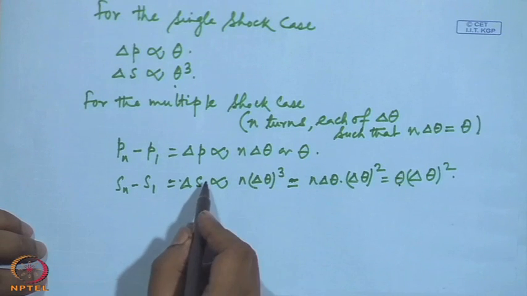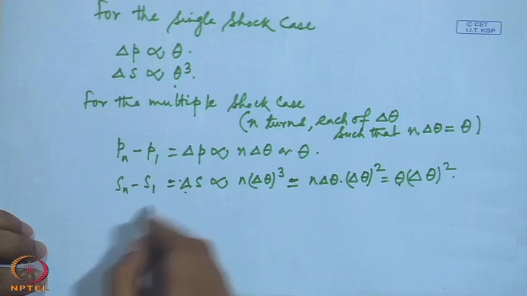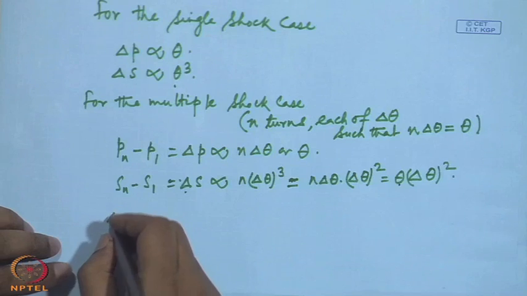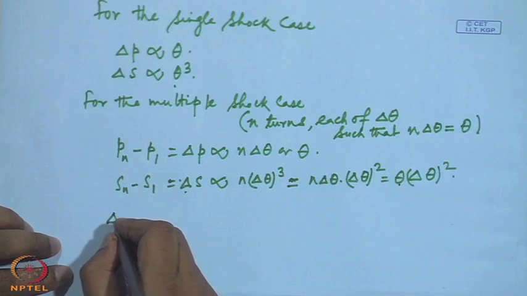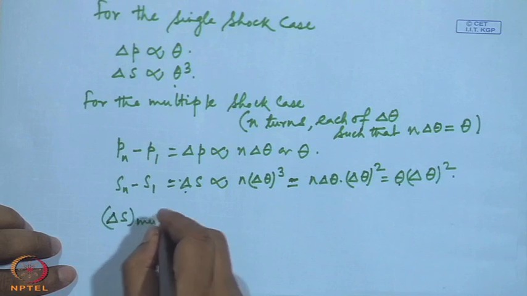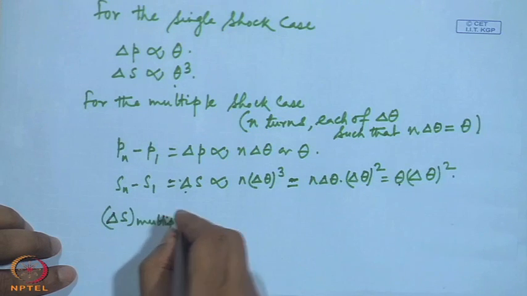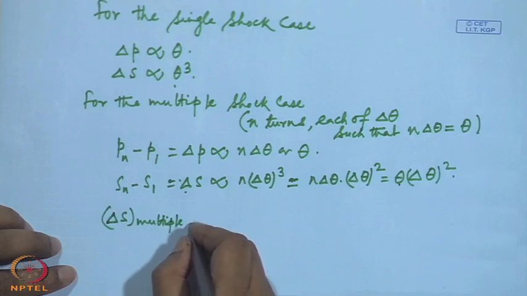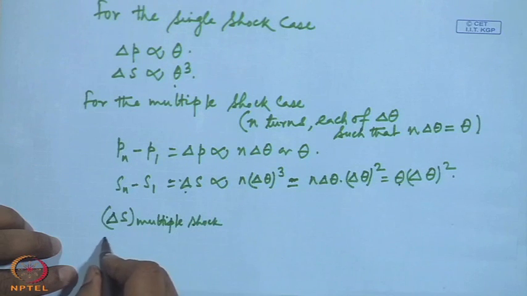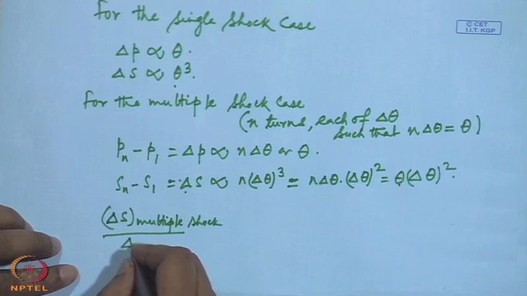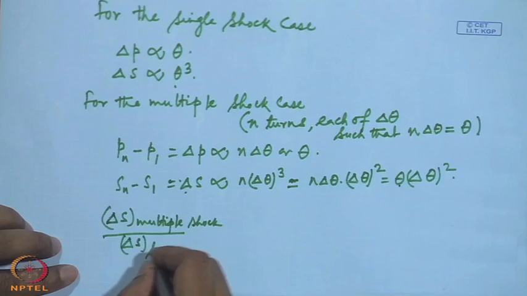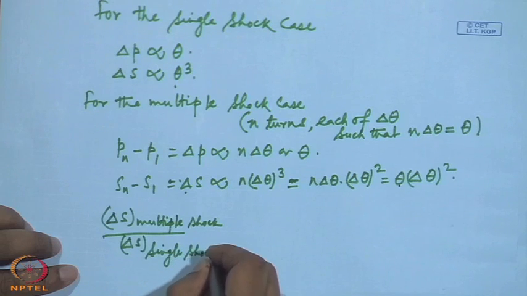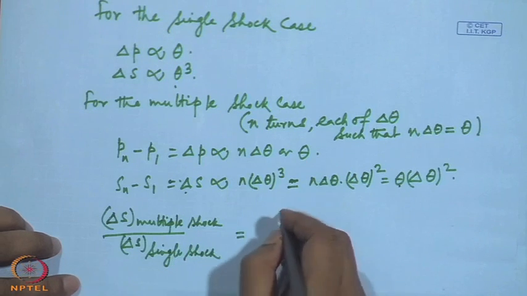If we take the ratio, this is delta S for multiple shock or multiple turn shock by delta S of single shock, then we have